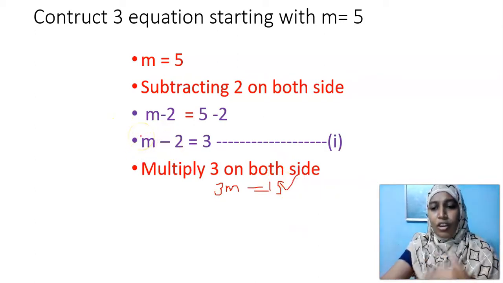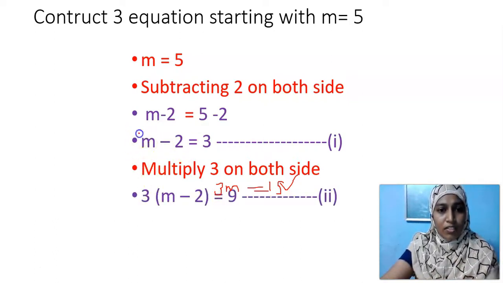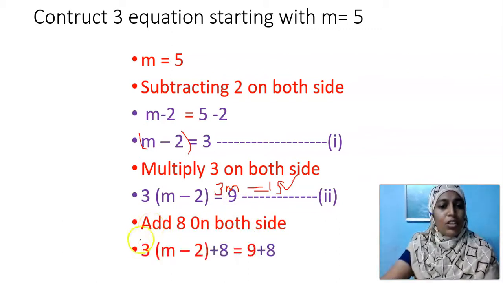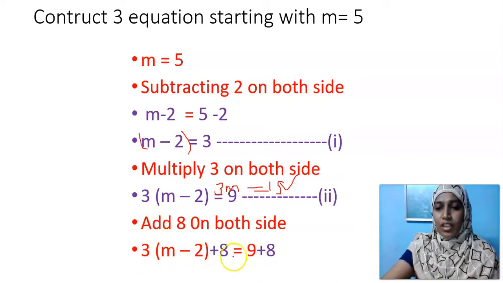But you should know to go in for tricky equations. So you have to continue with the previous equations. So with this I am having multiplication: 3 into m minus 2, 3 3s are 9. Is it clear, my dear children? So add 8 on both sides or 5 on both sides is your wish. So I get 3 into m minus 2 plus 8 which is equal to 9 plus 8.